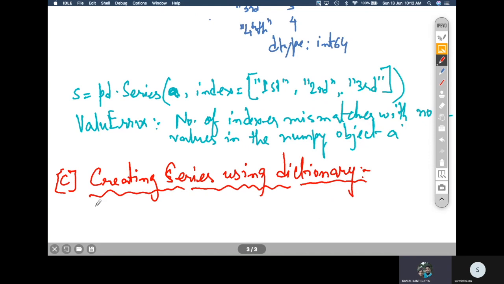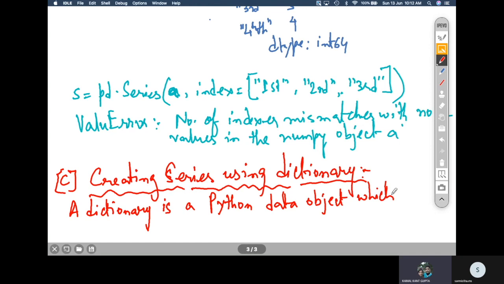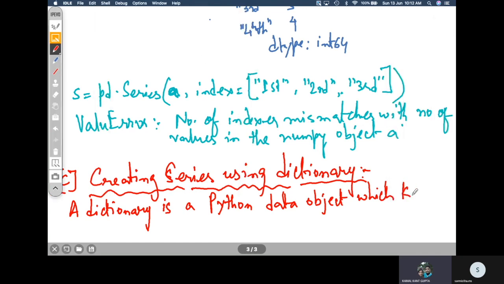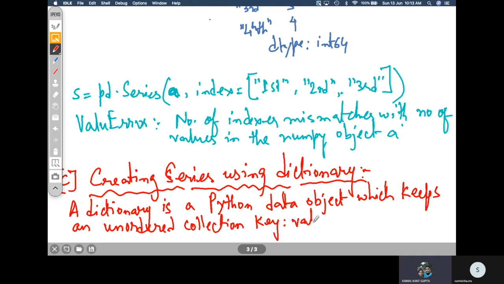A dictionary is a Python data object which keeps an unordered collection of key value pairs enclosed within curly braces, right? So this was the dictionary as we have learned in class 11.